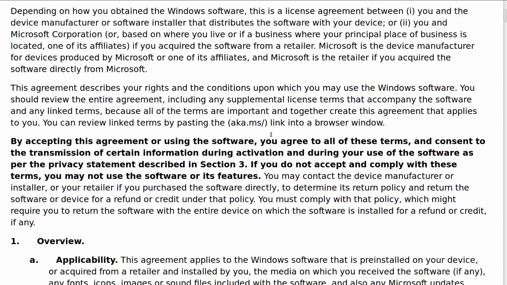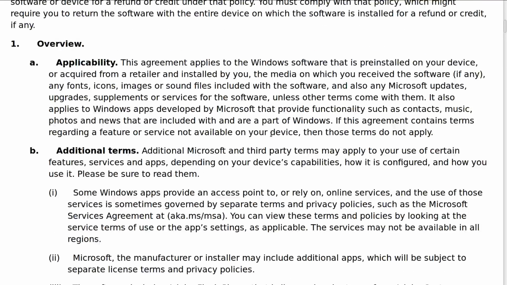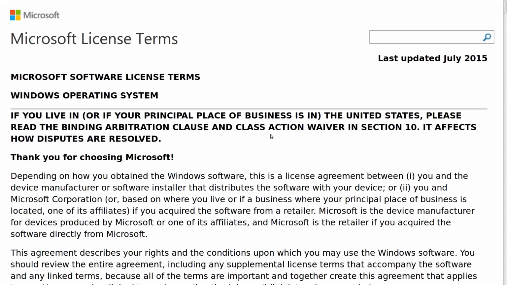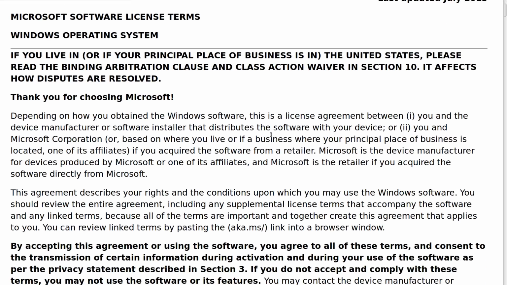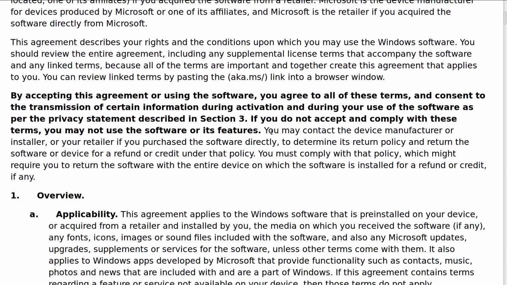However, this document refers to many other documents. And somebody went through this one time and said that if you actually went and looked at all of the documents that are referred to in the Microsoft Windows EULA, it comes up to be something like 43 pages worth of text, okay? So I just want to focus on a couple of things here that back up claims that I've made in past videos, okay?